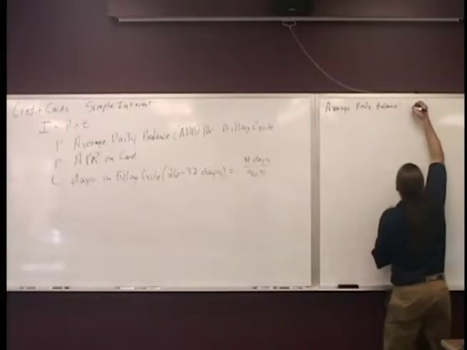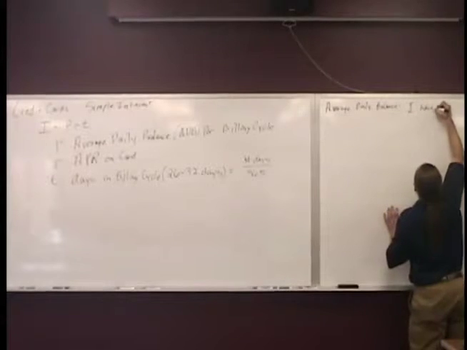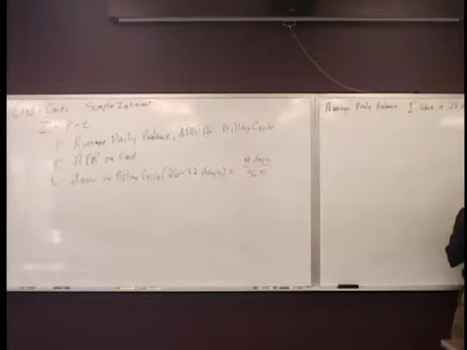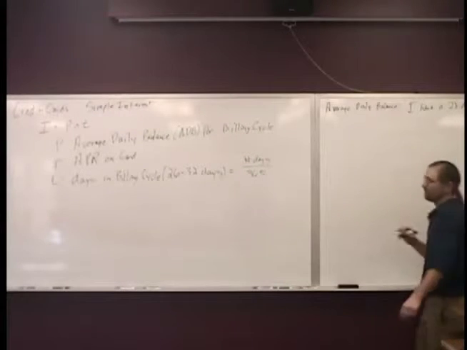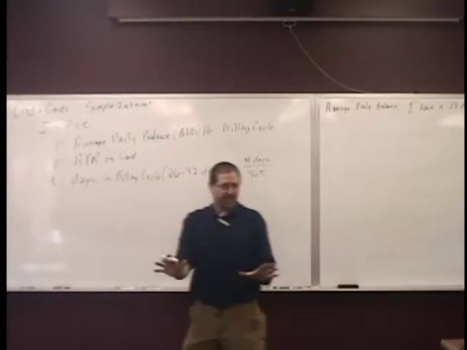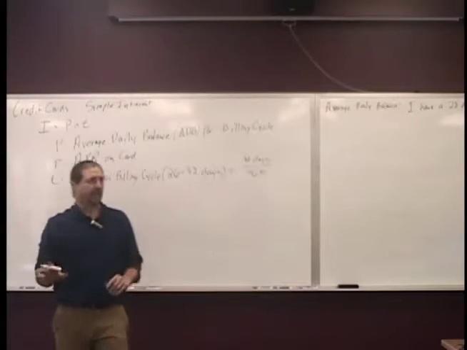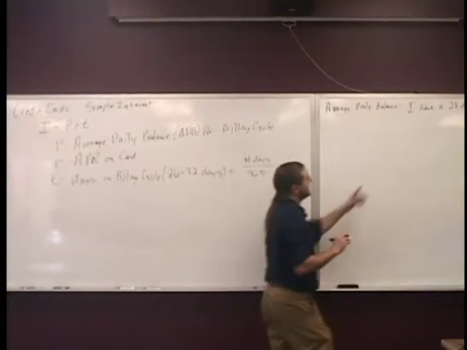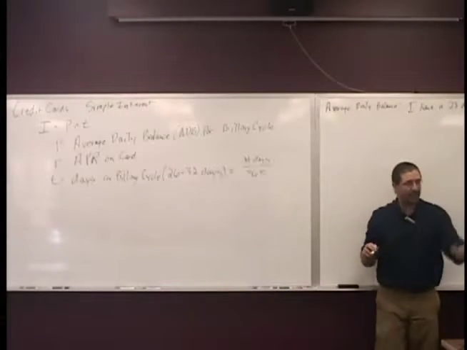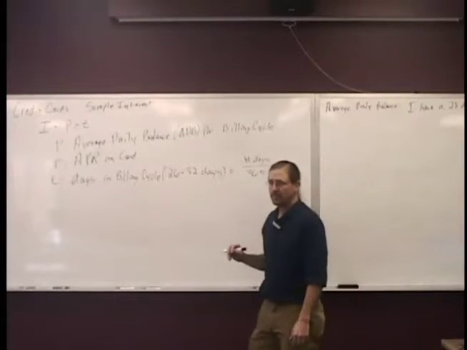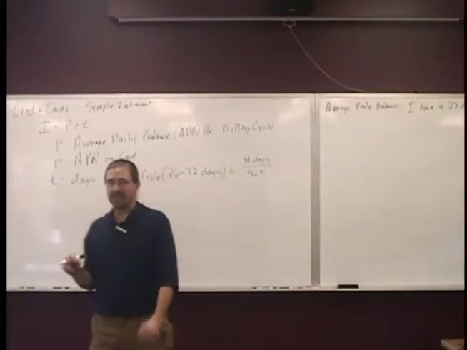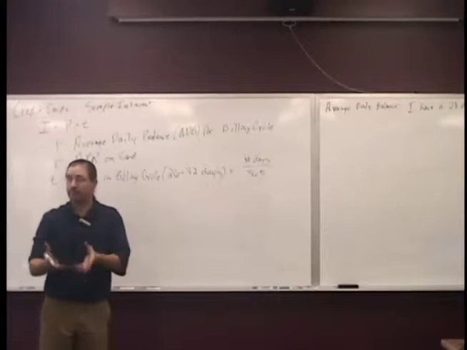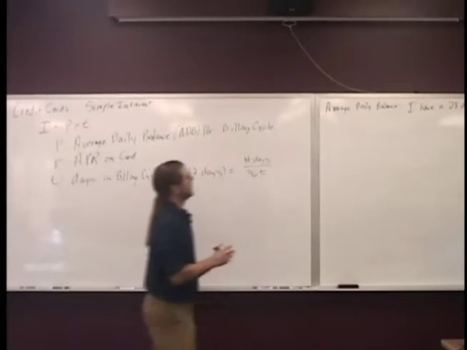So, let's suppose I have a 28-day billing cycle. And I'm going to make my first example here simple so that our calculations are not painful, and we'll get to painful here in a little bit. So the idea is that since it's a 28-day billing cycle, how many numbers are you going to have? 28, because it's the average balance. And since there's 28 days, you have to average 28 numbers together. All right. So